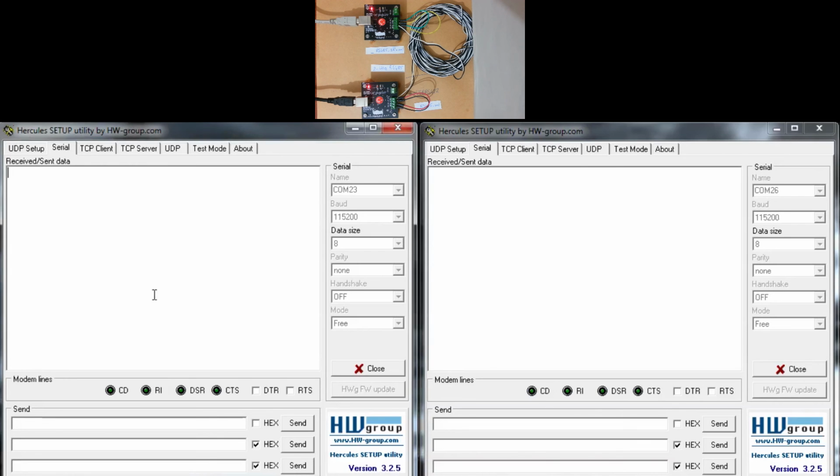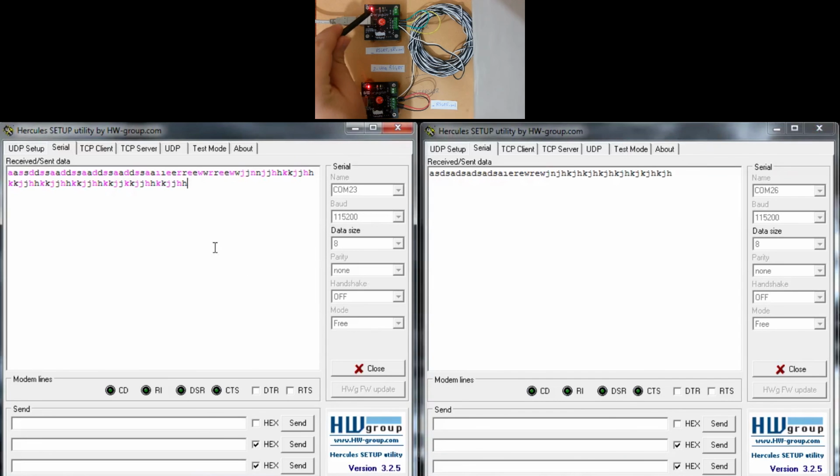Okay, now we are on this board. So if we transmit some data, as we saw previously, we are receiving the same data at this node, and the other node receives the data without any problem. Both transmit and receive.